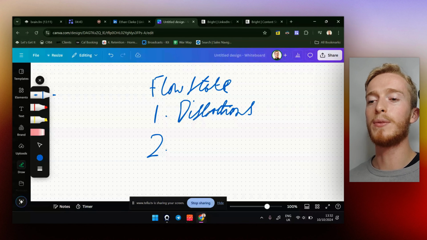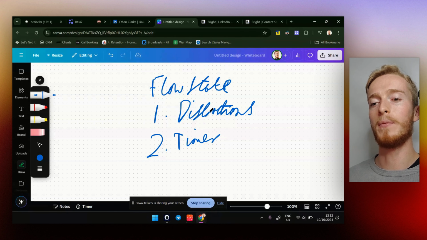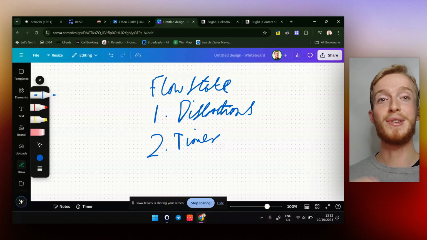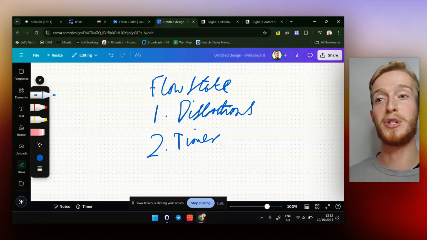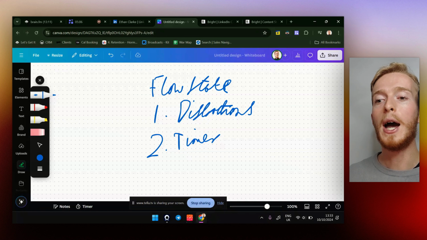The second thing as well is having a timer or at least a time limit. And the reason why is, you've probably had some kind of deadline before which you've always managed to meet, whether it meant you stayed up really, really late or you worked on it for super long in a short space of time. And this is because you had the pressure of time. And the idea here is that